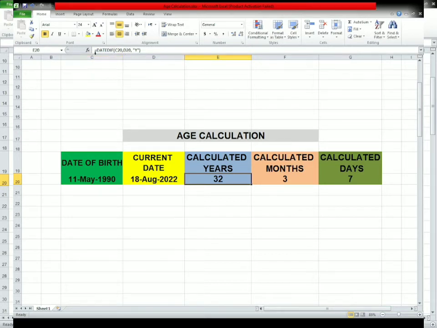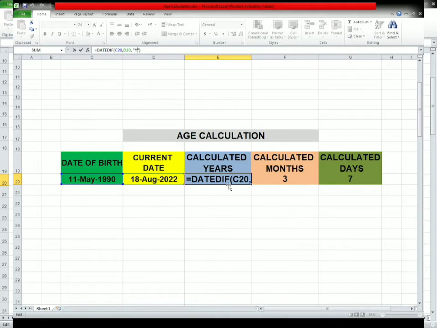Then within parentheses, C20 means the cell address in which the date of birth is mentioned, and after a comma, D20 means the cell address where the specific date or current date is mentioned. Then within quotation marks, Y for years. So we put this formula and we calculated the years here,